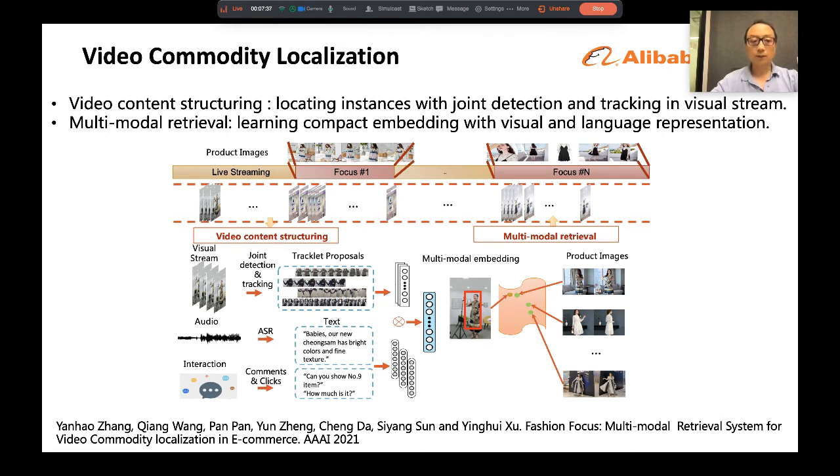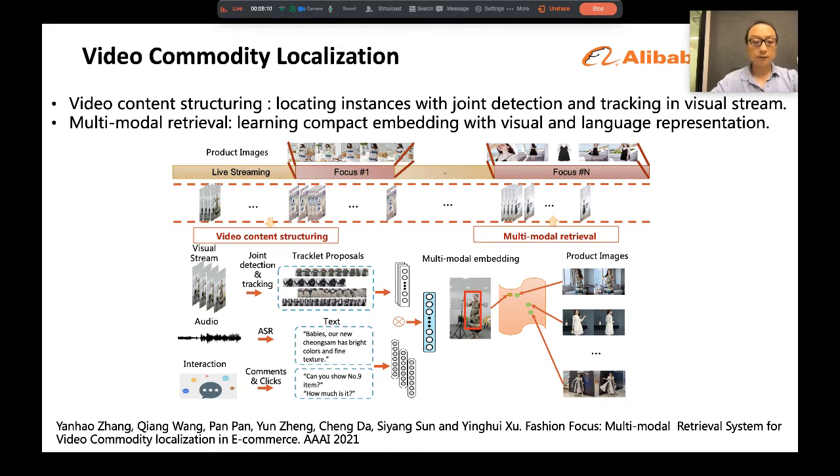In our system, images of the products list and the live streaming video are given as input. The matched products with the timestamp are localized as output. This figure shows the workflow of our system. There are two stages in our system. The first one is video content structuring, which aims to locate the instances in the untrimmed online videos with both categories and consistent object tracks.